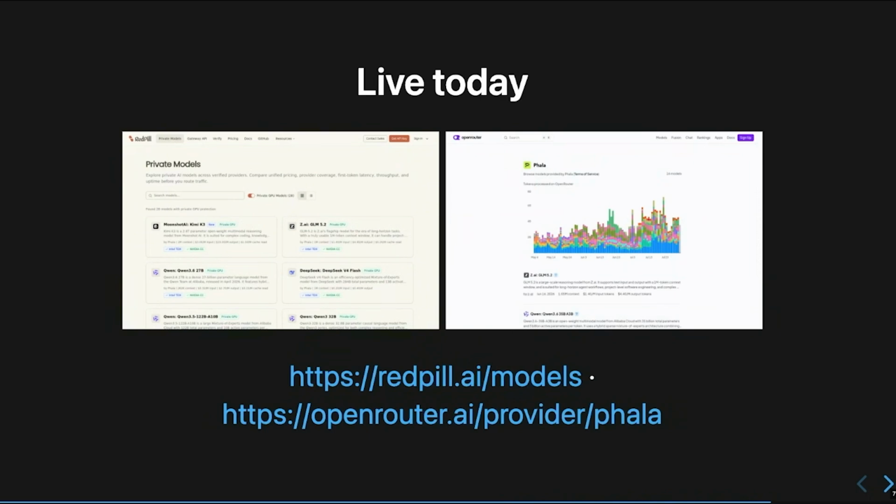And this is already live today. So Red Pill is actually one of our products built by our team. It's like OpenRouter, but in confidential computing mode. So you can see if you enable the TEE model, then all the models are TEE, no matter where they come from, whether from us or from others. And we're doing that in a very serious way because, for example, if you check OpenRouter, we're one of the OpenRouter providers, and we're selling roughly 5 to 10 billion tokens every day on OpenRouter.